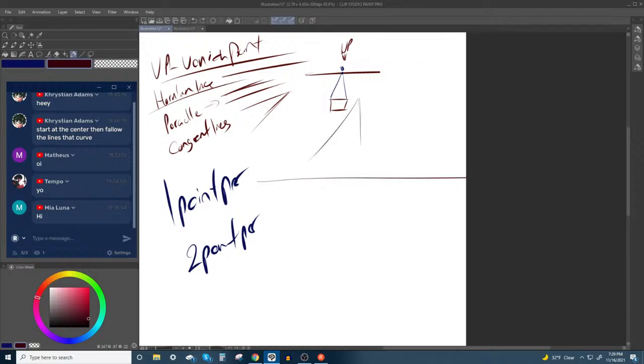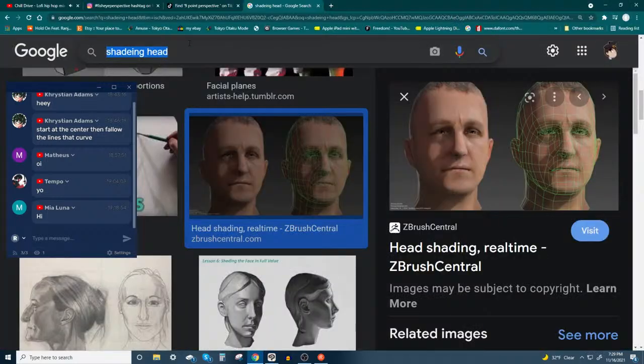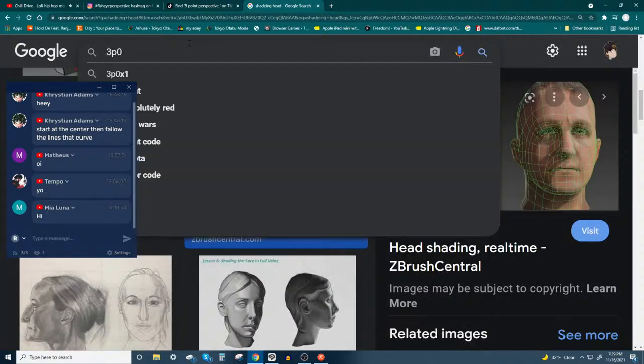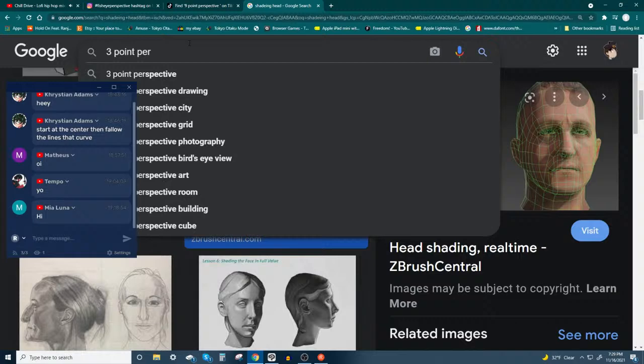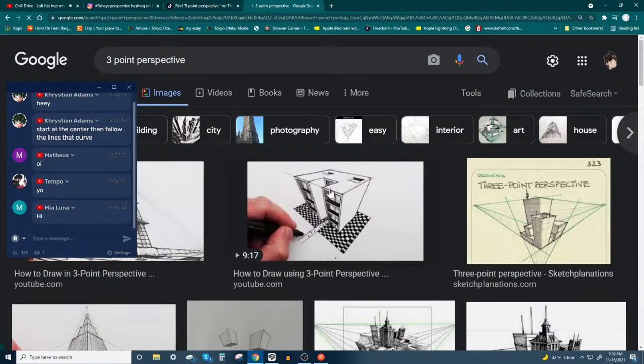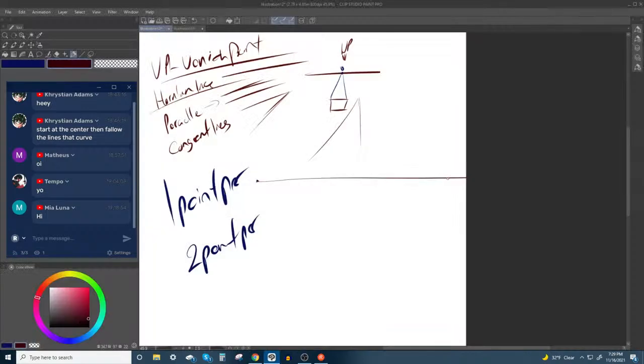Let me just use a reference real quick so I know I'm not doing it wrong. Because sometimes I get my 2-point perspectives mixed up with my third, because they can look really similar depending on who you're asking. So 3-point. I want to make sure I do this right. 3-point perspective. Okay, 3-point perspective. Now it's the idea of us seeing everything from 1, 2, 3 points like this,